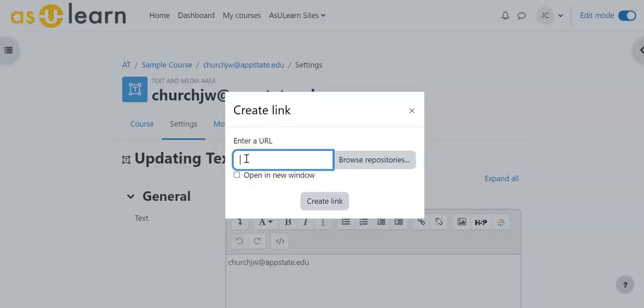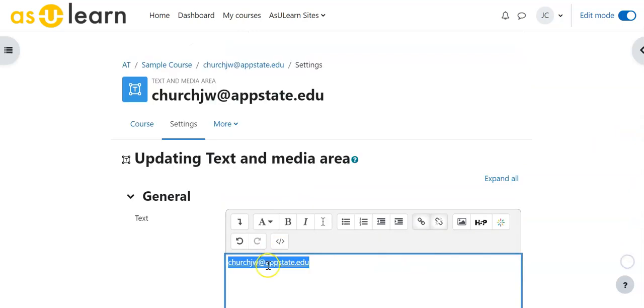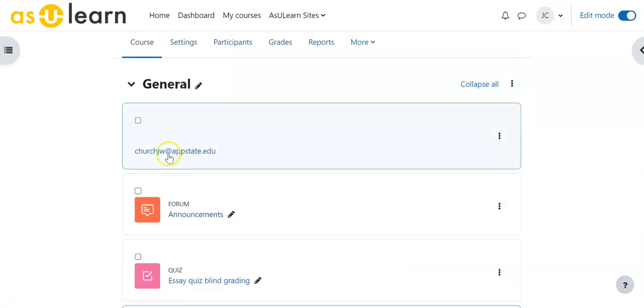And I'm going to type in mailto colon and my email address. So mailto, one word, colon, no spaces, username@appstate.edu. Create that link and hit save and return to course, and you will see now my email address shows